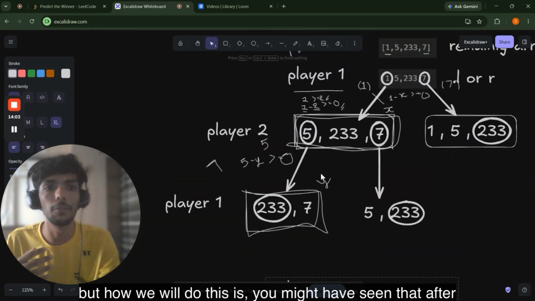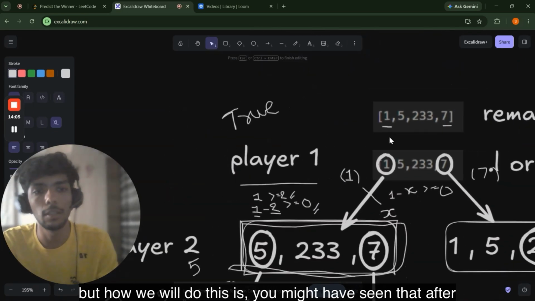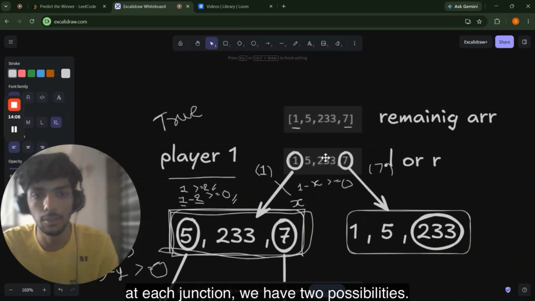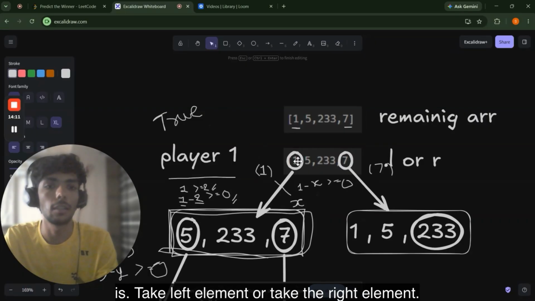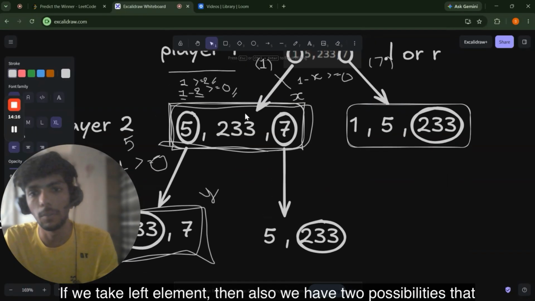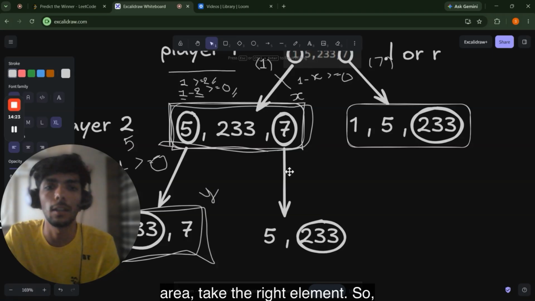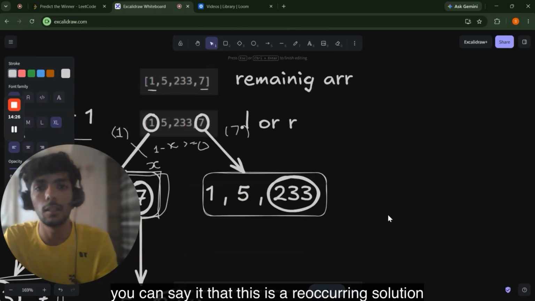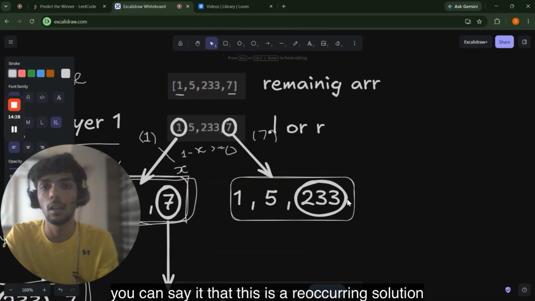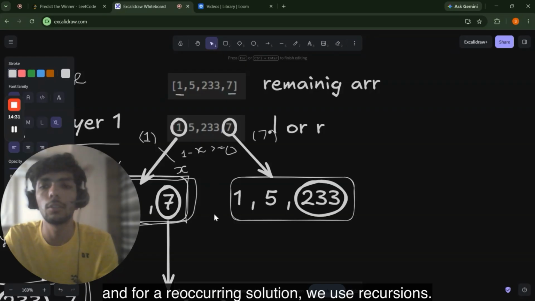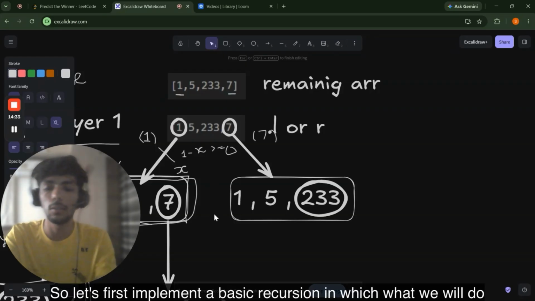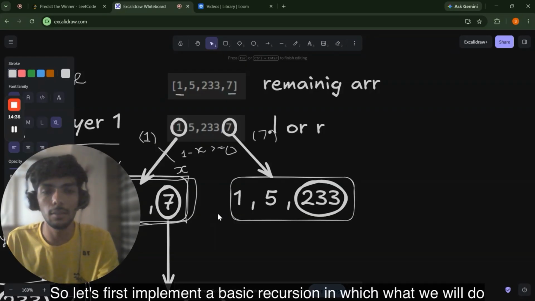But how we will do this is, you might have seen that at each junction we have two possibilities: take the left element or take the right element. If we take the left element, then also we have two possibilities: from the remaining subarray take the left element, or from the remaining subarray take the right element. So you can say that this is a recurring solution, and for a recurring solution we use recursion. So let's first implement a basic recursion, in which